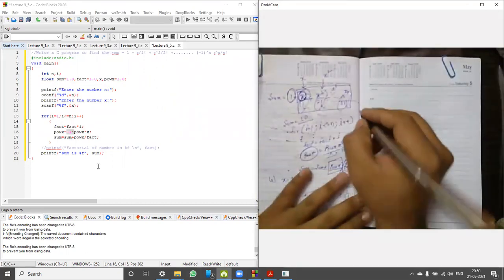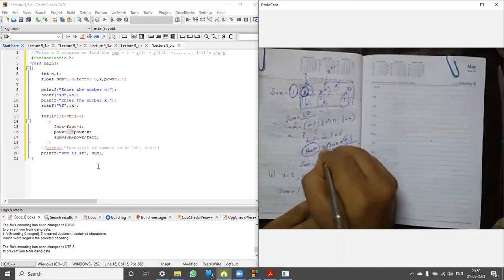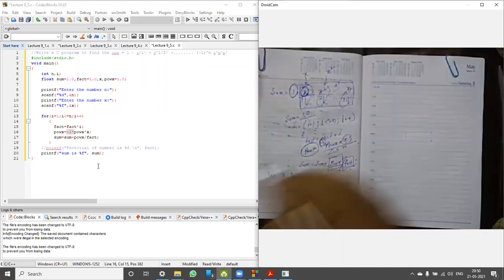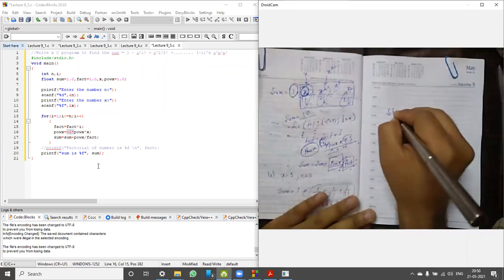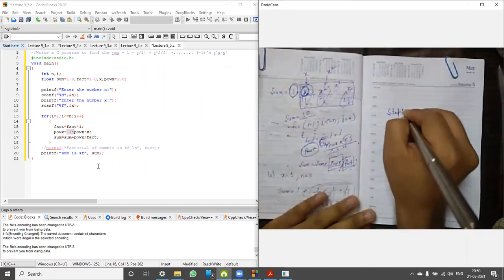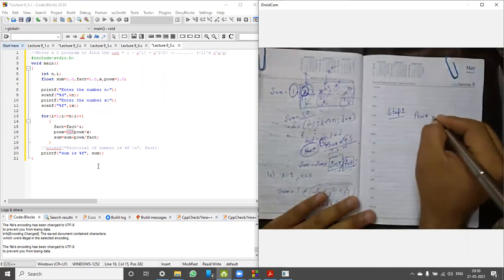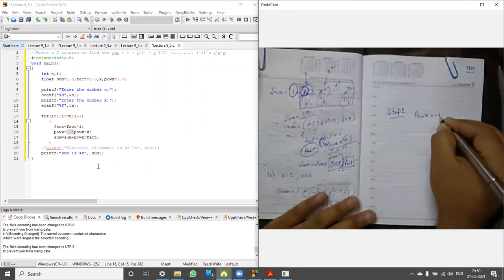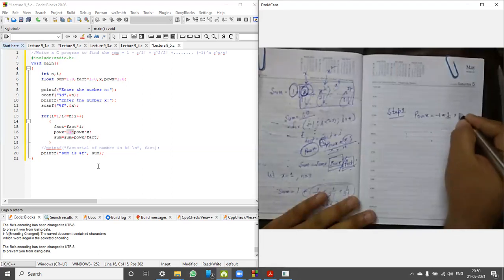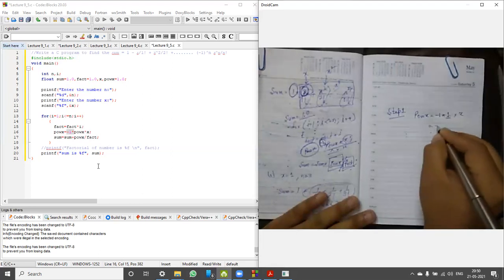What we are doing, we are multiplying this with minus 1. In step 1, power x is equals to minus 1 into power x, which is 1, into x. This is equals to minus x.